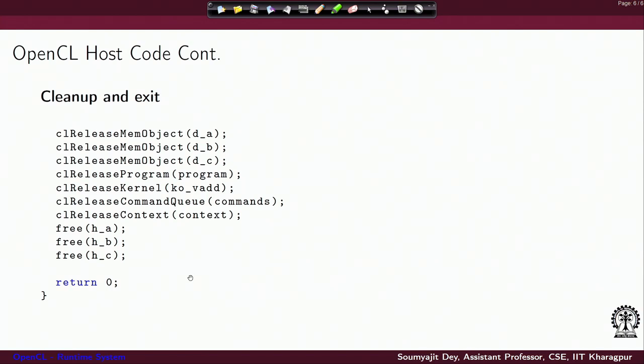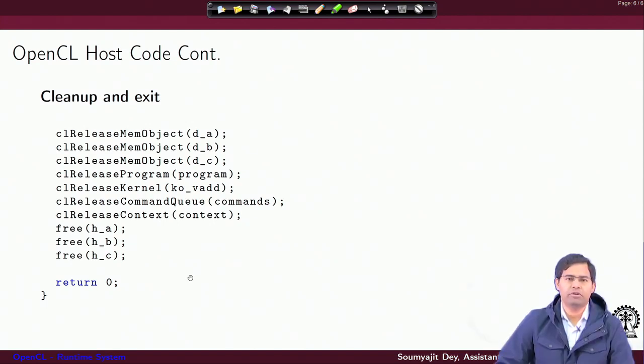Before leaving the system, you would like to free all the objects that you have created. So you have the clReleaseMemObject command to release all the memory objects. You have clReleaseProgram to release the program object, and you can also release the kernel object. You can release the command queue, and this has to be done in this sequence.